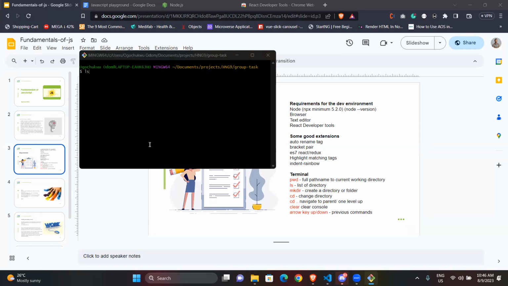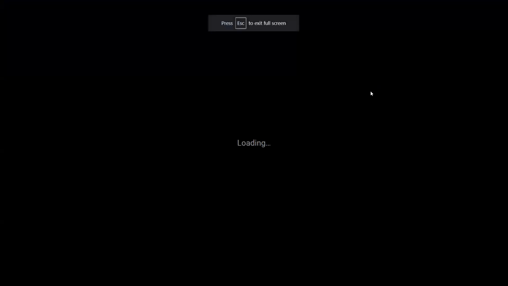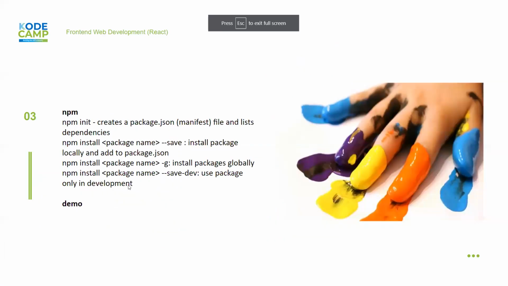Yeah, if you browse about it, definitely you see it. Google is our friend. So these are a few things that you learn about the terminal. There are many other things, but these are a few things that we'll learn about. All right. So the next thing is, we'll talk about npm, Node Package Manager.